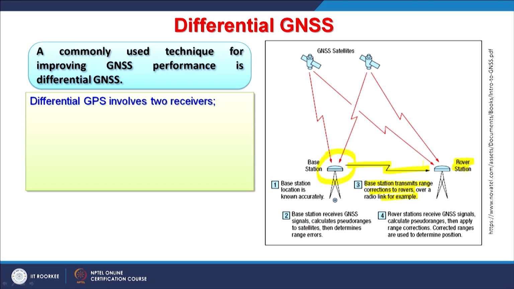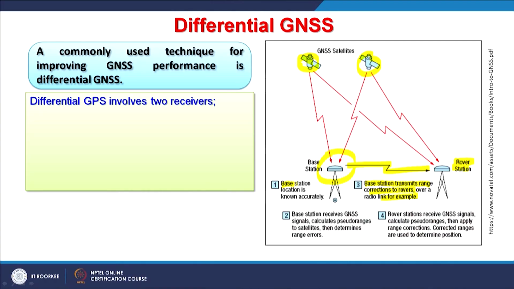One rover receiver can be taken to different locations, whereas the base station is permanently located, and these two receivers will receive signals from the same set of satellites. The example given here is of only 2 satellites, but normally you require 4 or 6 satellites to get a good location.